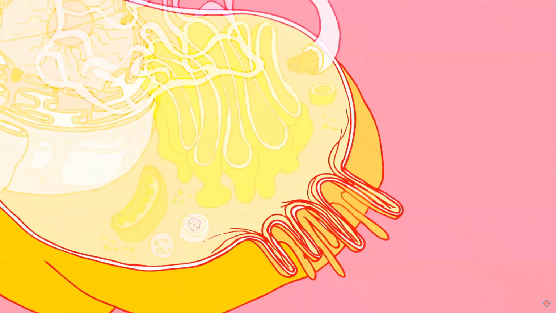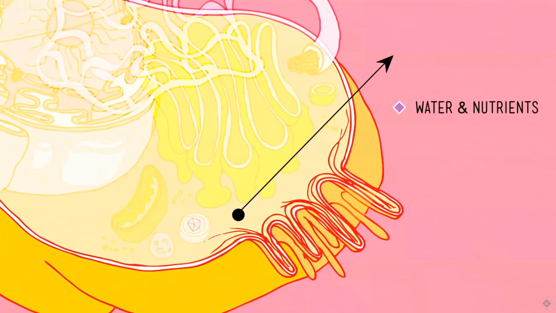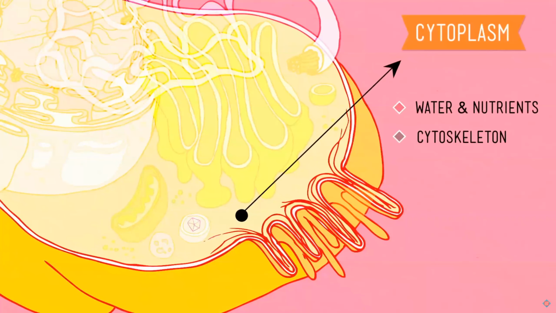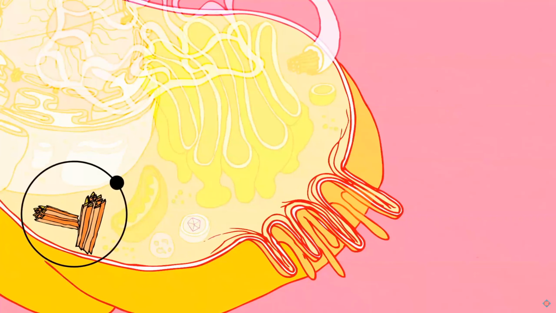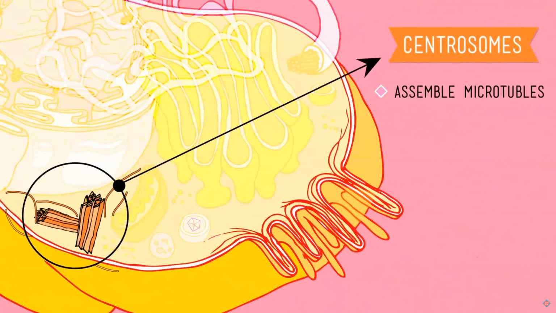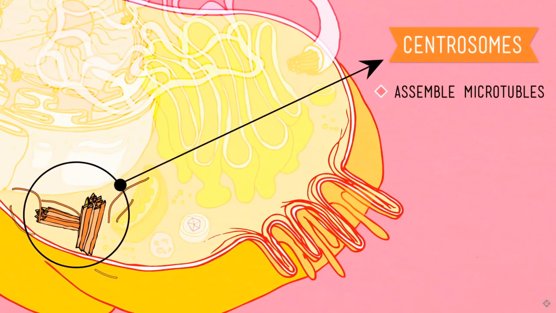Now, the landscape of Eukaryopolis, important to note, is kind of wet and squishy. It's a bit of a swampland. Each eukaryotic cell is filled with a solution of water and nutrients called cytoplasm. And inside of this cytoplasm is a scaffolding called the cytoskeleton. It's basically just a bunch of protein strands that reinforce the cell. Centrosomes are a special part of this reinforcement. They assemble long microtubules out of proteins that act like steel girders that hold all the city's buildings together.